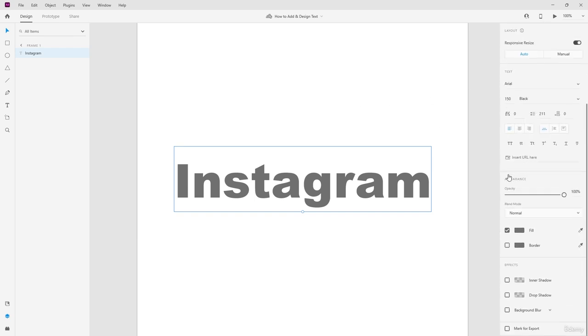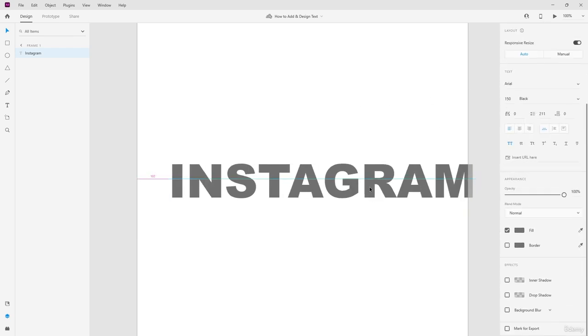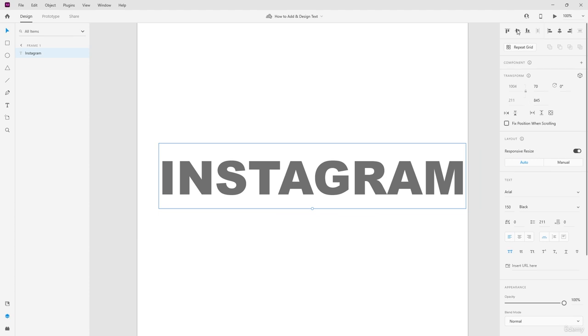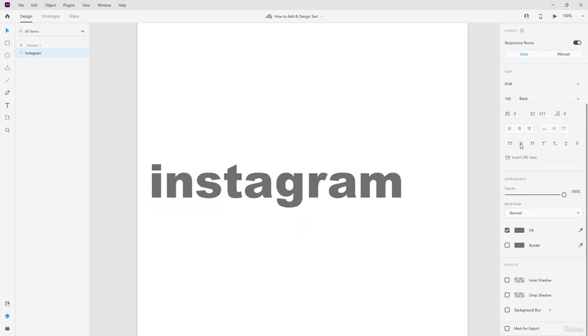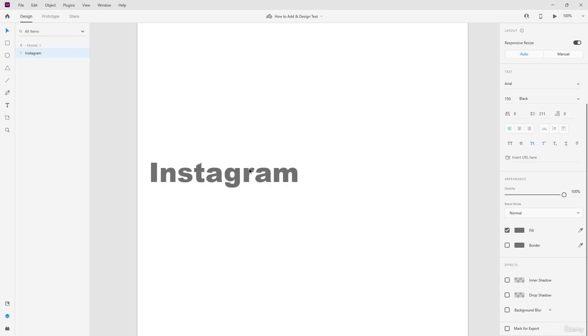There you go. Then you have other options over here. You can make it all capitals, as you can see over here. If you want, you can make it all small. You can make it the font capital only. You can make everything like